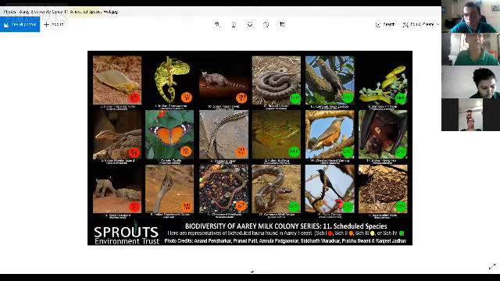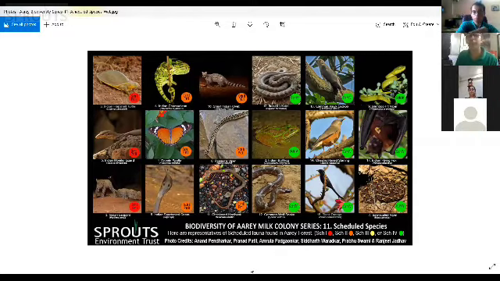What we're screening next are all the scheduled species that have been recorded in the RML colony. There is a long drawn court battle that's been going on for the last 5 years, and much of this information has been presented as the documentary evidence for biodiversity, because the environment impact assessment study reported that there is no biodiversity of any significance found in the RML colony. So this data that we put together over the last 20 plus years, of course, by a lot of people, it's not just one person. You can see the names of all the people who've contributed.